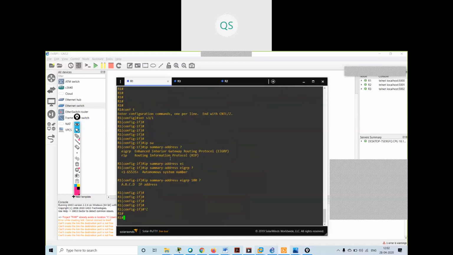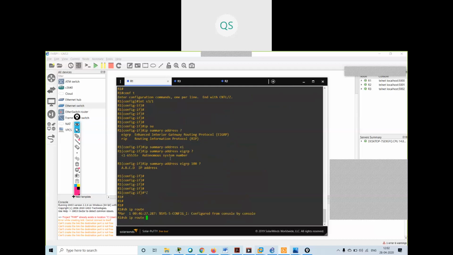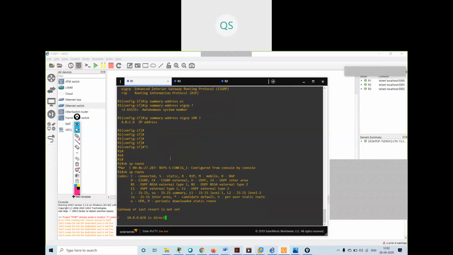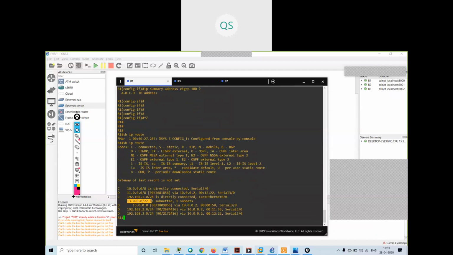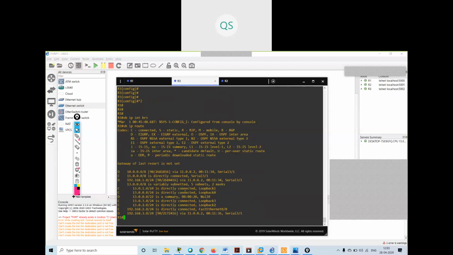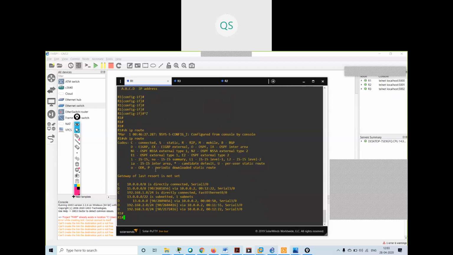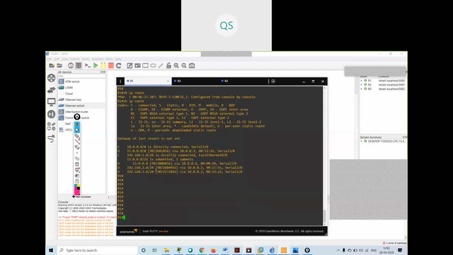Previously, I was getting the summary address as /8. So you can see over here also, the advertised network is /22. Understood? Any doubt? In this way, you can do auto and manual summarization.